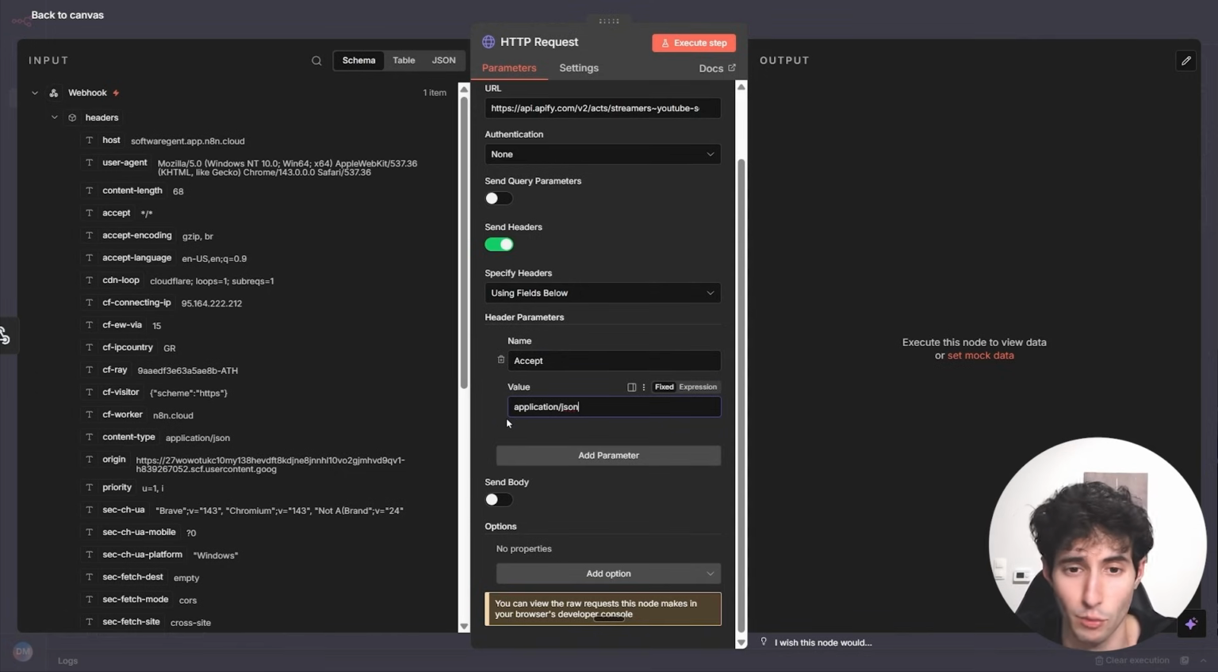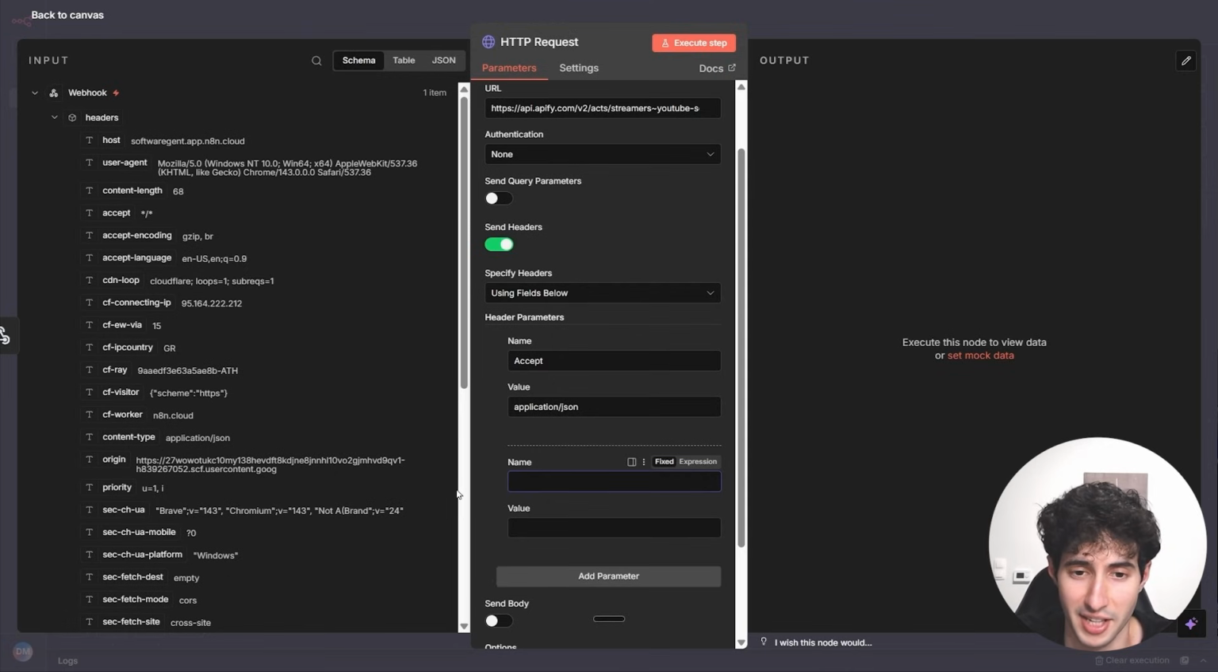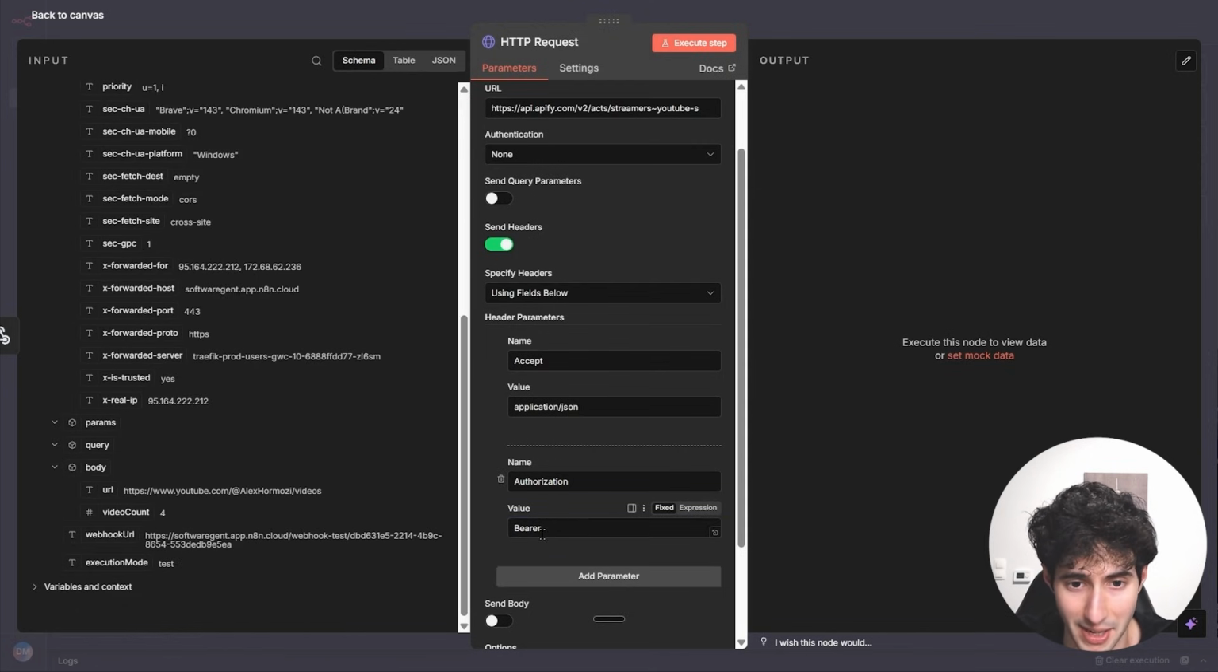After you have done that, we need to add one more parameter, so make sure you click on add more, and then for the name you need to type in authorization with a capital A. This is super important because if you don't capitalize the A, this is not going to work. And then for the value, you need to type in bearer, again with a capital B,